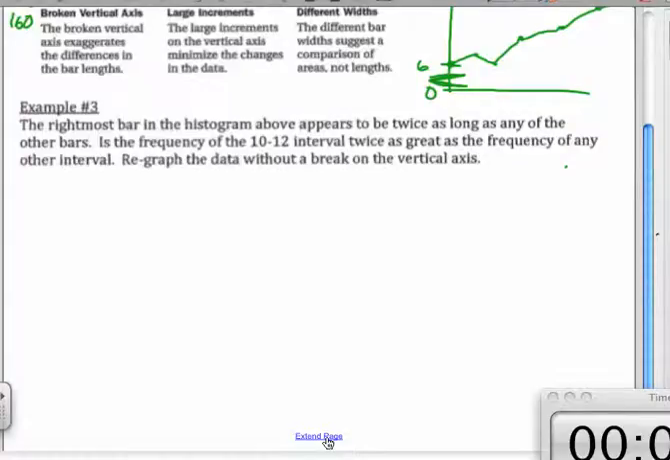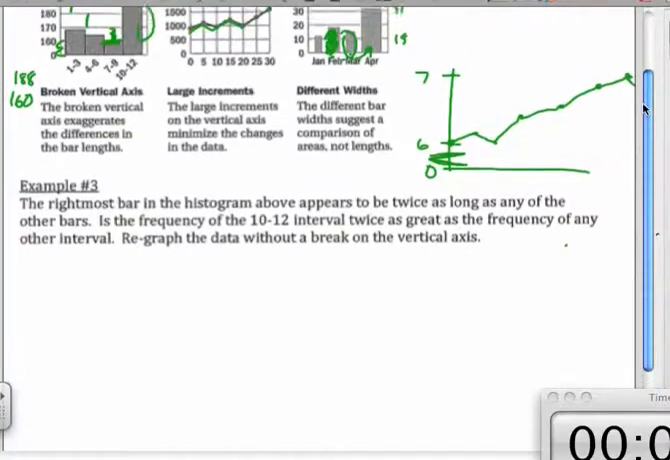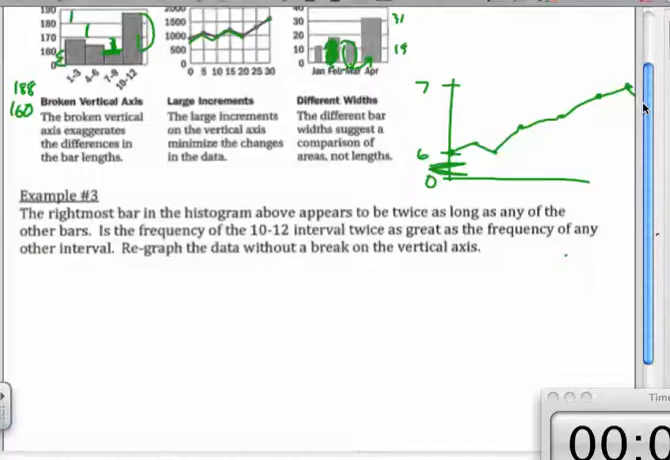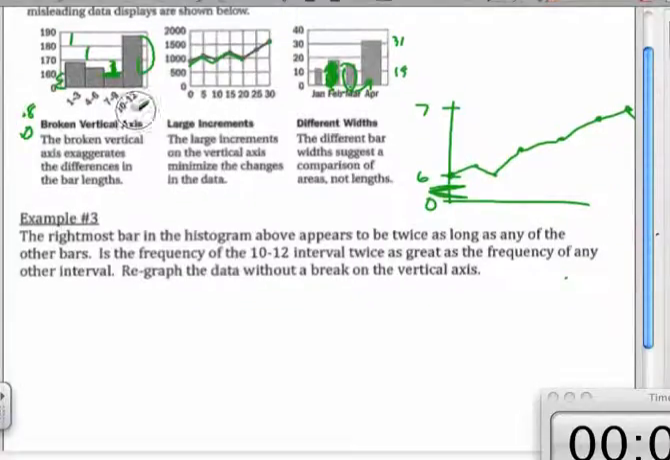Example 3 says, the rightmost bar in the histogram above appears to be twice as long as any of the other bars. Now here's the histogram. Is the frequency of the 10 to 12 interval twice as great as the frequency of any other interval? Well, is it? Let's look at it. Here, let me get rid of all this stuff. So this is 188, and the smallest one is 160. So is it possible that it's twice as much or 3 times as much as any of the others? No. It wants us to regraph the data without a